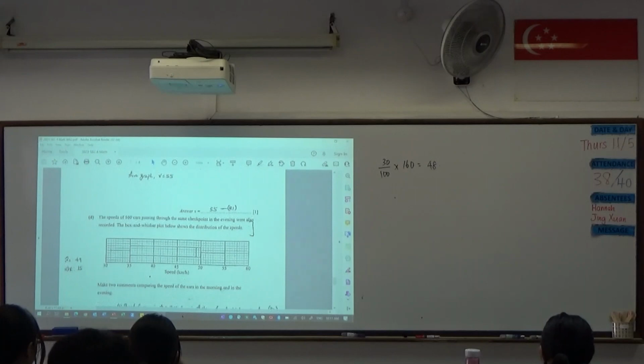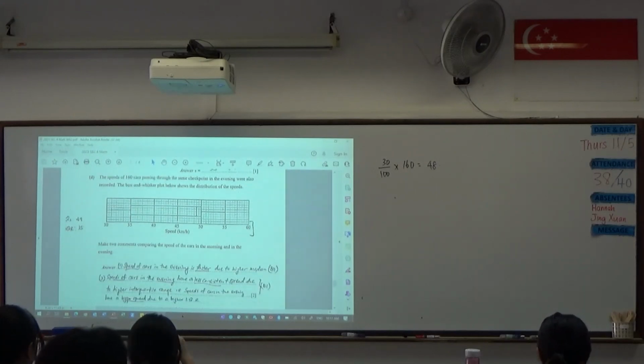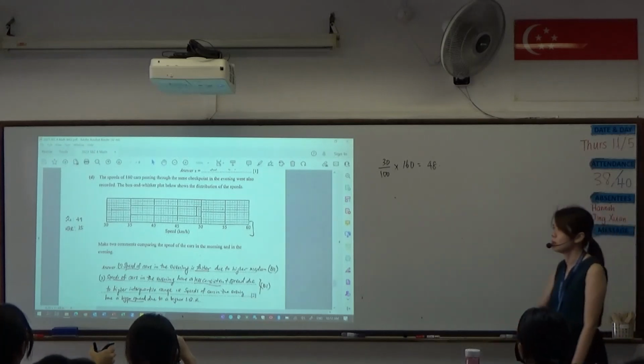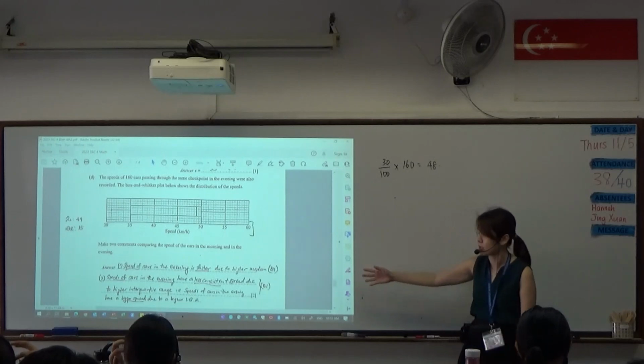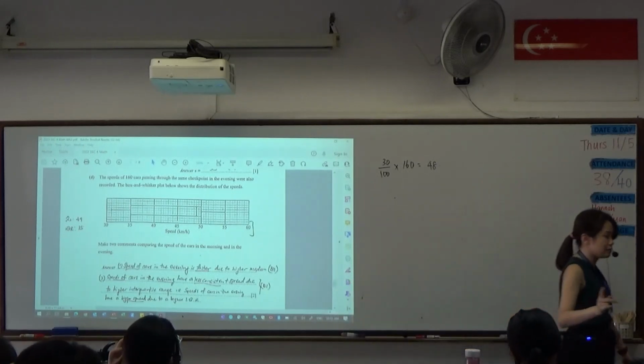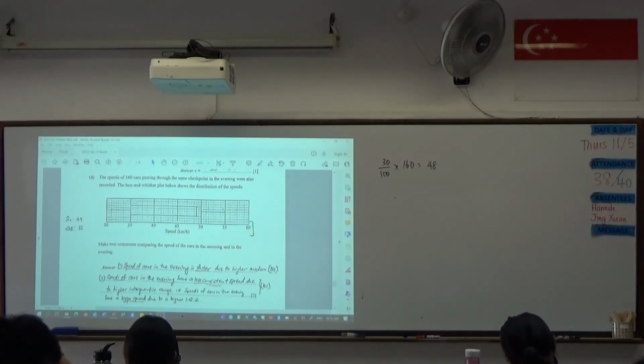Next part D. Do be careful with the words that you are using. This is morning versus evening, not morning versus afternoon. If afternoon, then I minus 1 mark from the question itself, and that's very kind already. We have lost 2 marks. And then